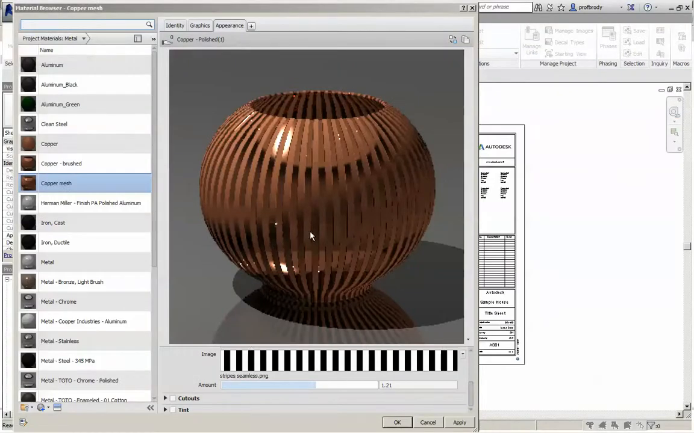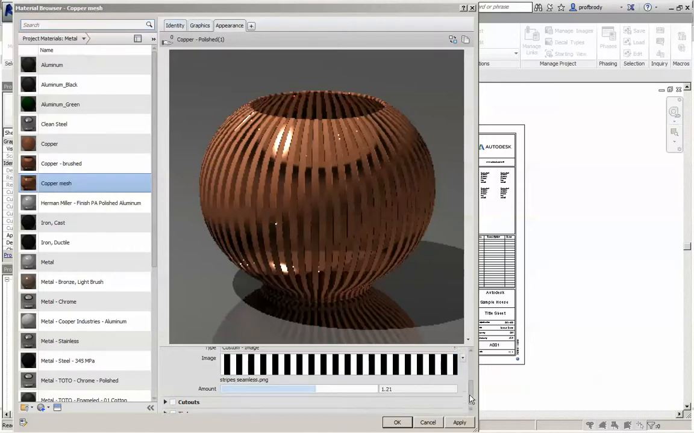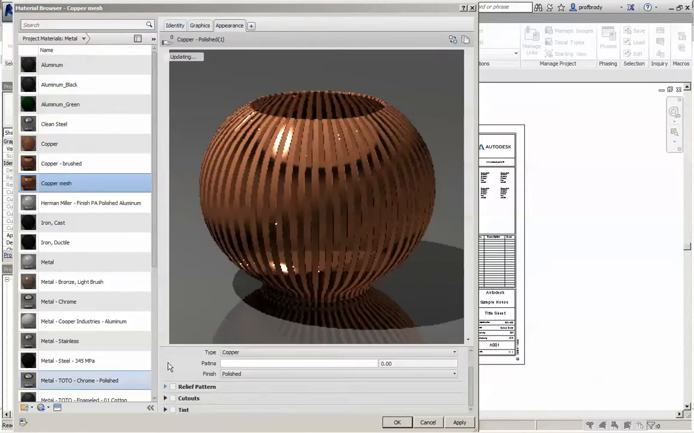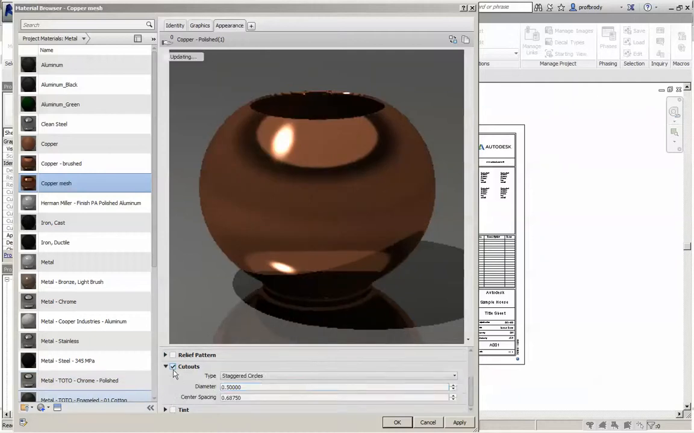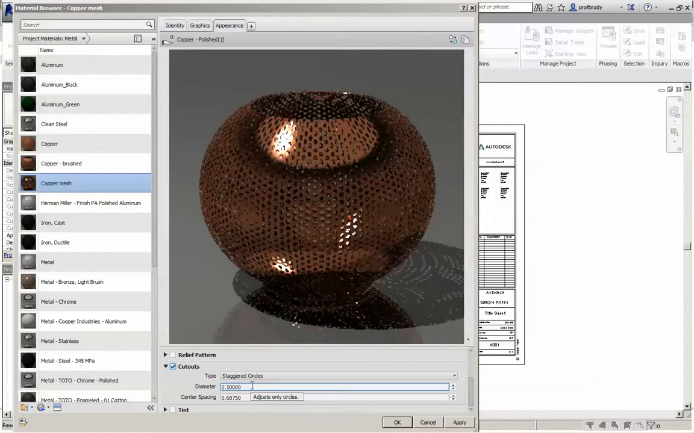Anyway, so here's my image. If I want to fiddle around with that, I can change a number of features. The relief pattern is only one of the options. There's also cutout, and again, this is another one of those things where there are standard patterns that you can use, and you can change these patterns. Of course, I can change the circle size to be bigger or smaller,